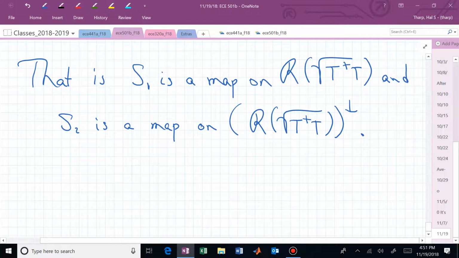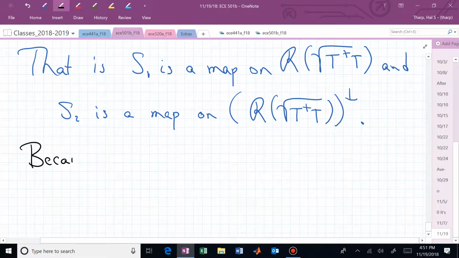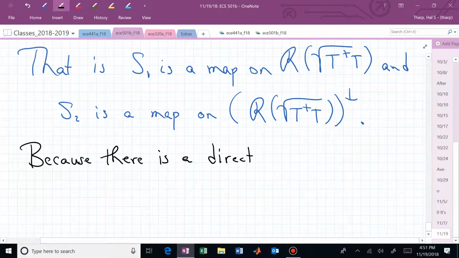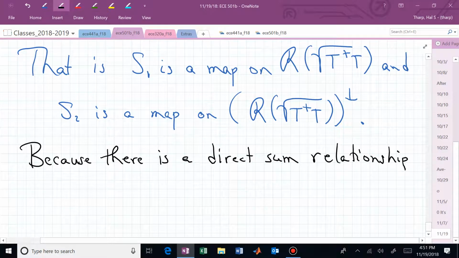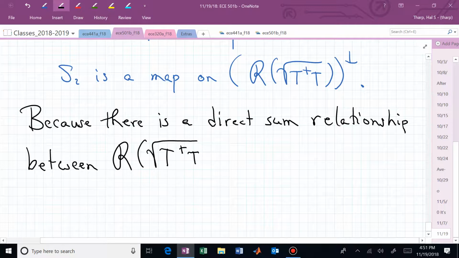Now, because there is a direct sum relationship between the range of the positive square root of T dagger T and its orthogonal complement,